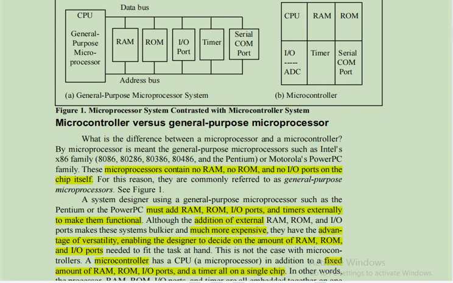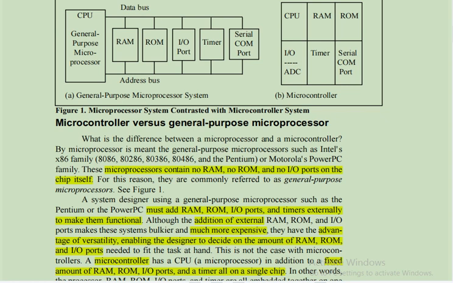For this reason, they are commonly referred to as general purpose microprocessors. See figure 1. A system designed using a general purpose microprocessor such as the Pentium or the PowerPC must add RAM, ROM, input and output ports, and timers externally to make it functional. Although the addition of external RAM, ROM and input output ports makes these systems bulkier and much more expensive,